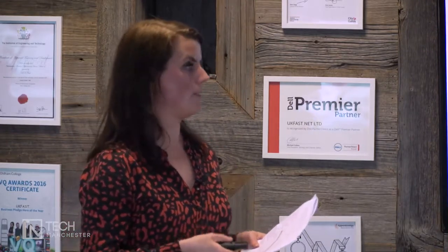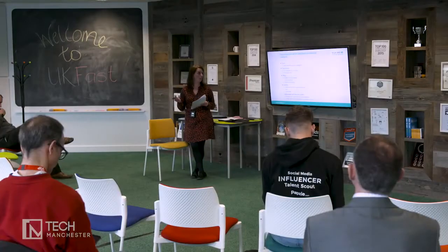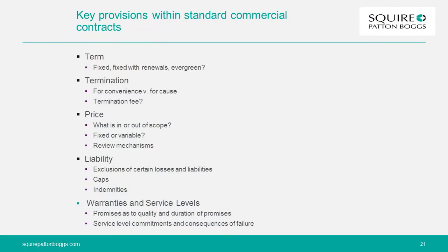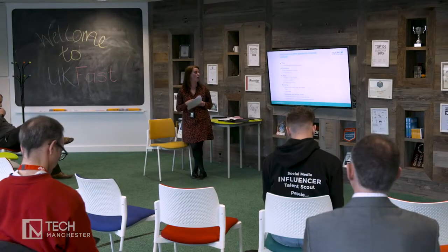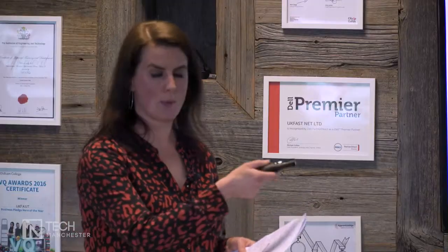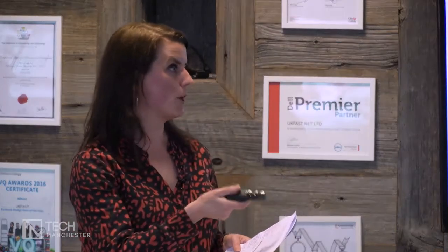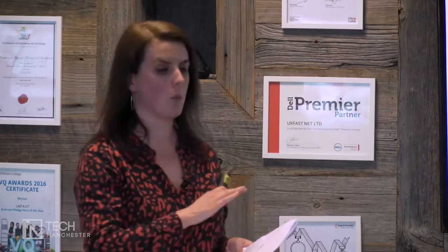And the way you do that is by setting caps. You'll often see them capped by the value of the contract or £1 million, etc. Because ultimately you could sell a piece of software licensing on an annual basis for £5,000, but that is business critical and has the ability to do such damage to your business's operations, if it doesn't function properly, to multi-million pound levels. So unless you're happy with the caps and exclusion of liability in your customer contracts, one particular outage, one particular claim, has the ability to render you insolvent. So that's all I want to say on caps.